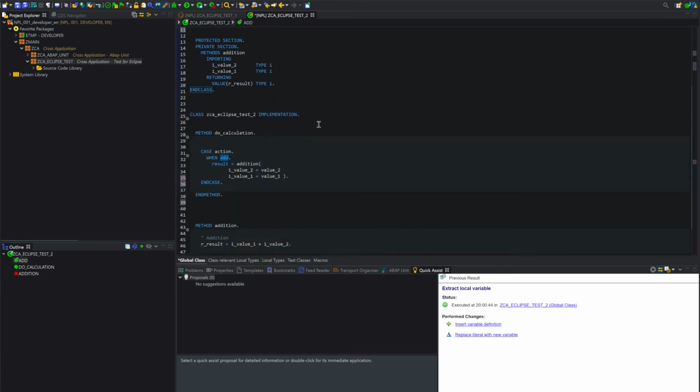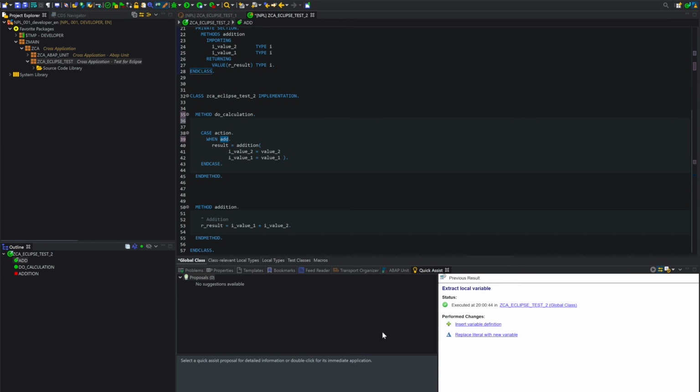So you see, you could do a lot of things, and each time Quick Assist will propose you something. I don't know, if you select case, it will propose something. If you select action, you could rename action, you could extract as a variable. You could do a lot of things.